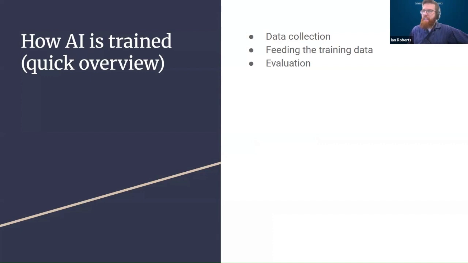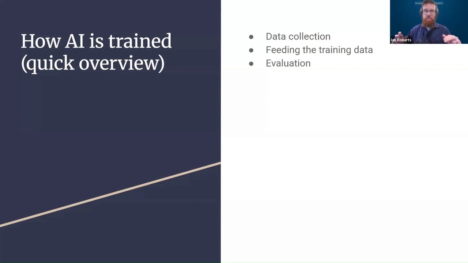Second, the data is fed into the model. The model learns how related data is connected and learns how to make connections on its own. It's not dissimilar to a teacher-student relationship. And different models will have different levels of supervision in their training, meaning that some models might have data labeled. So for example, an image of a dog will be labeled as image of a dog. And that makes it easier for the model to make connections. So this image of a dog compared to this bigger image of a dog, this smaller image of a dog, this image of a cat. Oh, that's different, and it learns that way.